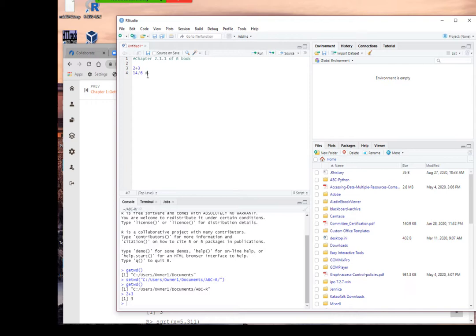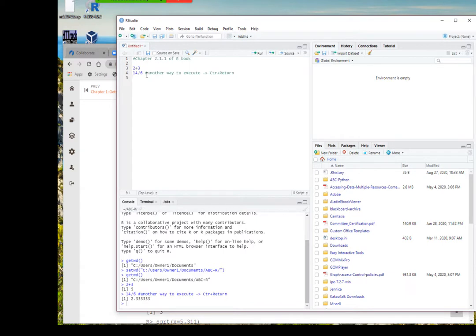Another way to execute this is to use control return. Put your cursor on that line, the line that you want to run, and press control enter, control at the same time.